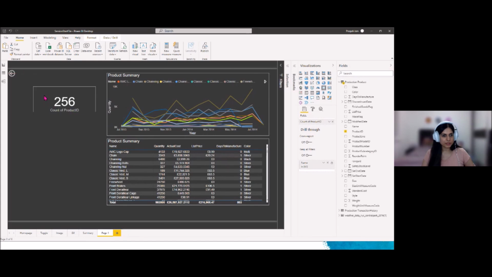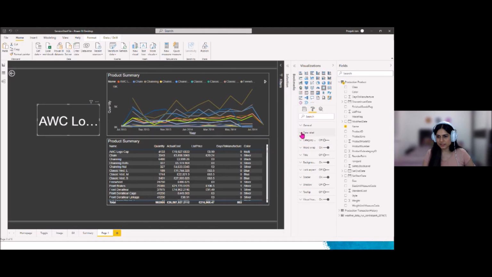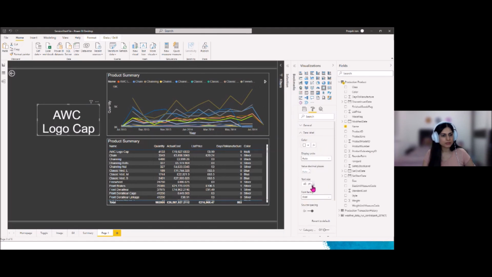And I'll add a card again. And in this card, I'll add the name of the product. So we know which product information we are seeing here, and just give that a little bit of